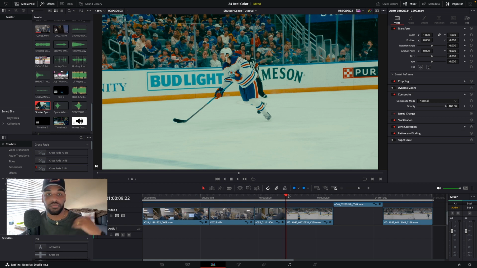And this is just creative freedom, right? Whatever you want it to look like. If you want it to be more smooth, then by all means keep your shutter speed at 1/50, or whatever you want it to be. When you're shooting in slow motion, it's going to look really, really soft, really smooth, and that's just not the look that we go for. We like a really sharp